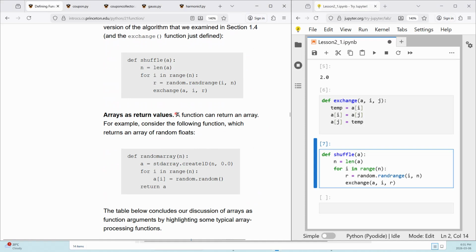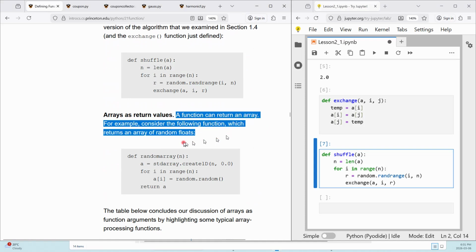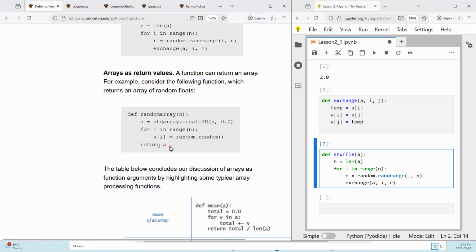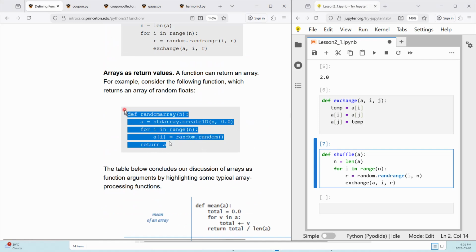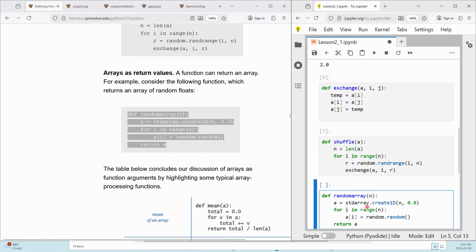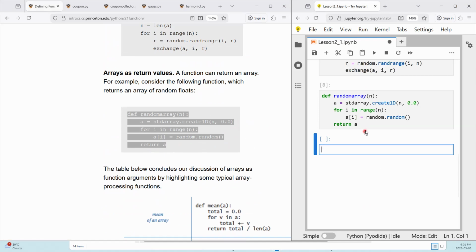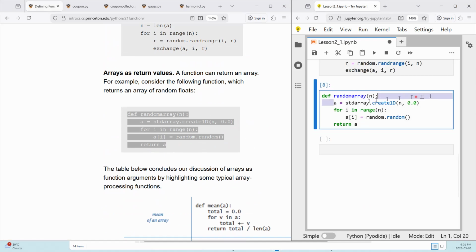Arrays as return values. A function can return an array, for example. Consider the following function which returns an array of random floats. So define a random array, define random A, standard array, create 1D, for I in range of A, return A. So we can create a random array as well. Create a standard array of a certain size, use a for loop to do that, return A,